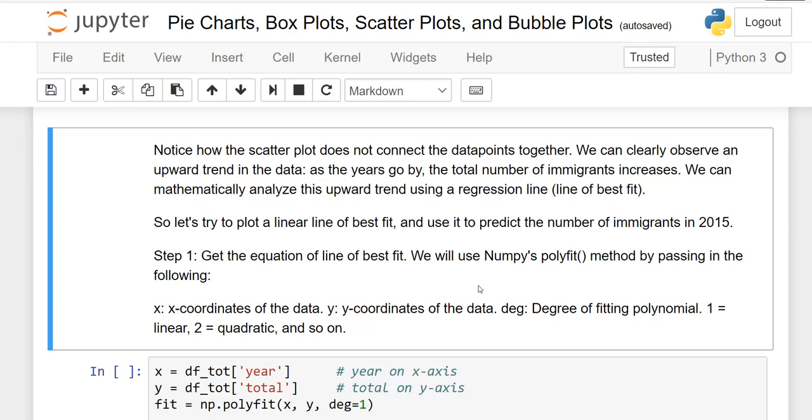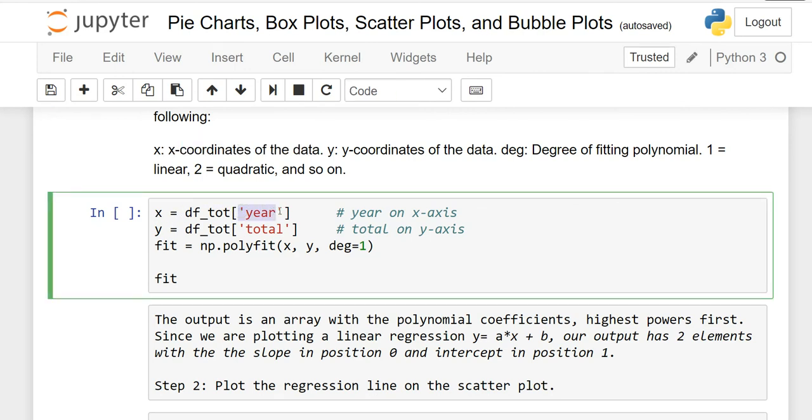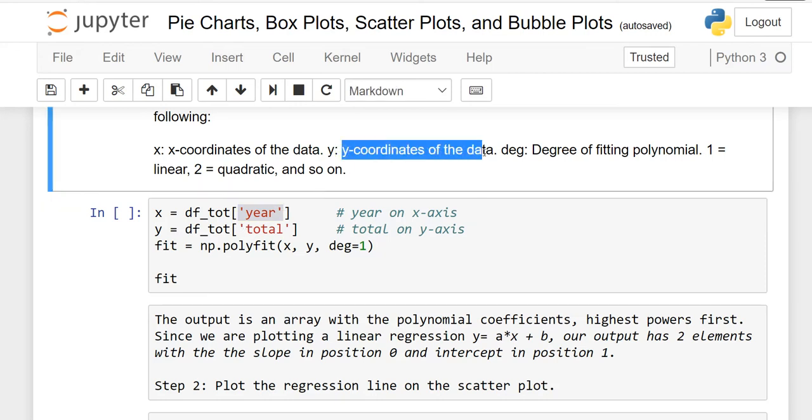I will show you. For this purpose, you have to use NumPy's polyfit method. Now, what is the polyfit method? It is very, very easy. We are creating the line of best fit. So here is x. In the polyfit method, you have to write down x, meaning the x coordinates for the data, what you are taking on the x-axis. x is equal to the data frame name, and we are taking years on the x-axis. Write it in quotation marks inside square brackets. y means what we are taking on the y-axis: our data frame name, and total number of immigrants we are taking on the y-axis here.